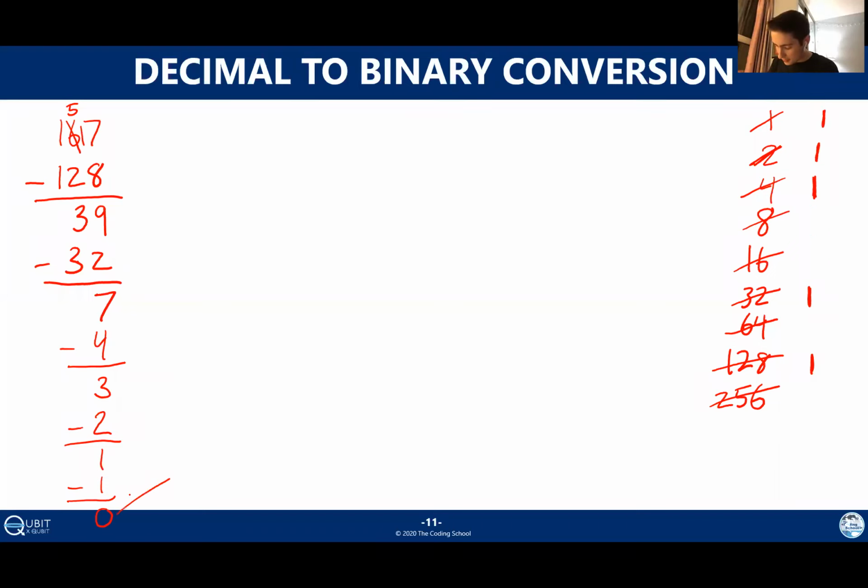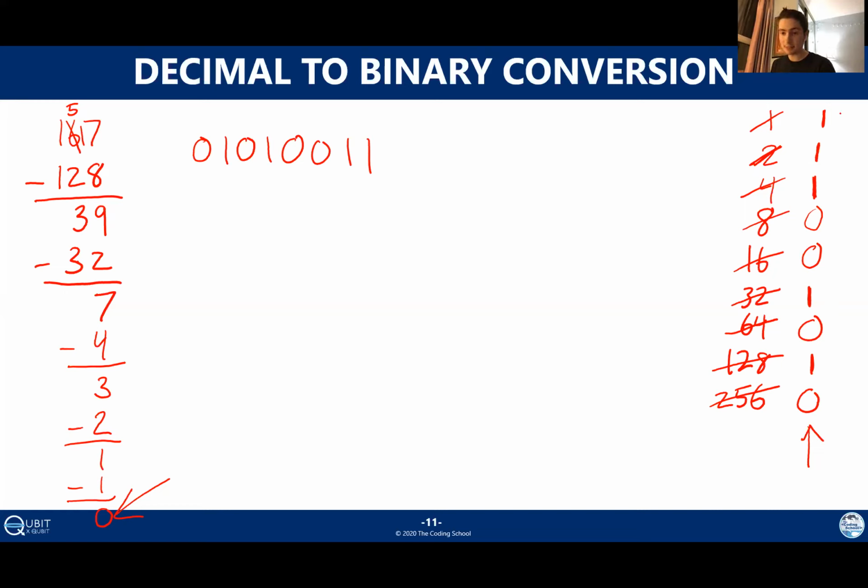Once you get to 0 down here, you stop and you fill in all of the gaps on this right-hand side with zeros. So everywhere where I did not make a mark just becomes a 0. And now I'm actually done. I just read this column of numbers from the bottom going up, and that is my binary representation. So here I would have 0, 1, 0, 1, 0, 0, 1, 1. Again, just doing this column of numbers bottom to top.